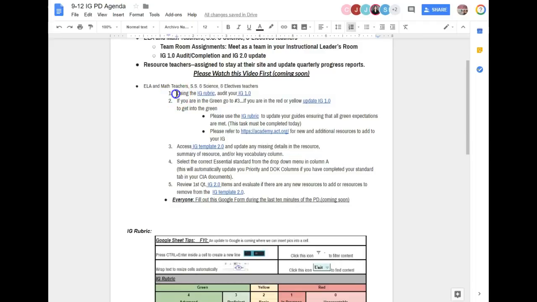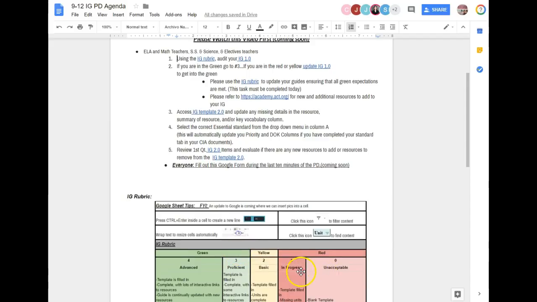So our first step is we're going to use the IAG rubric, which is right down here, to audit our Instructional Guide 1.0. So when you audit it, you need to look and see which color you are in. Read the descriptions to figure out where you fit in this process. If you are in the green, then you get to move on to number 3. However, if you are in the red or the yellow, you need to update your instructional guide